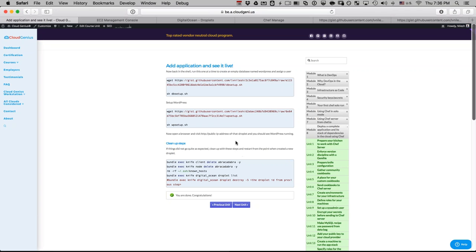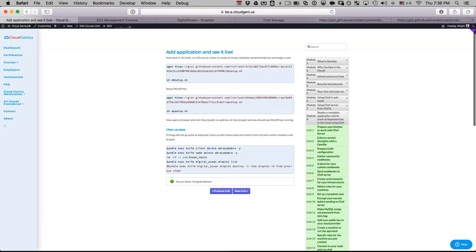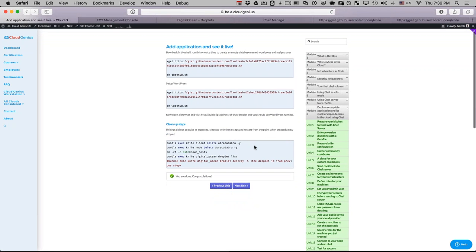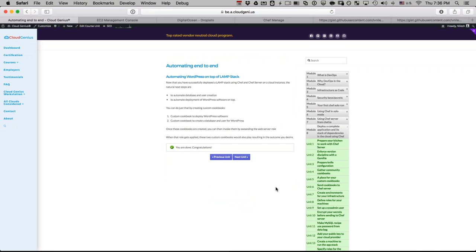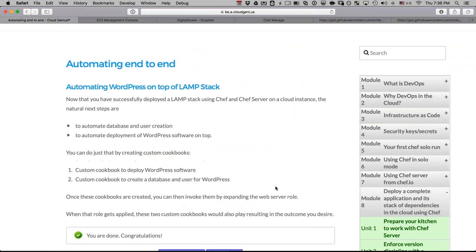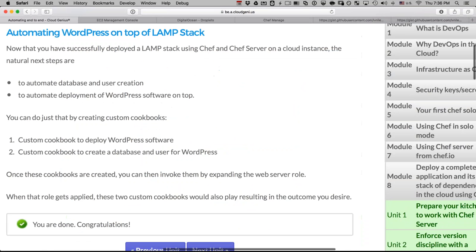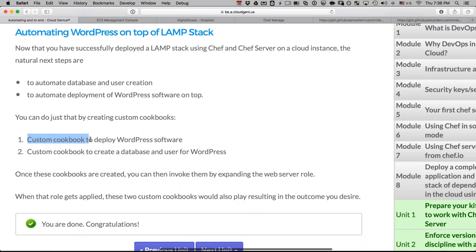We'll do 2 cookbooks in 2 slightly different ways. So two slight variations to it. One is, so you will see as I proceed. First one, we'll create the automating end to end, which means we have to have a custom cookbook to deploy WordPress software itself,